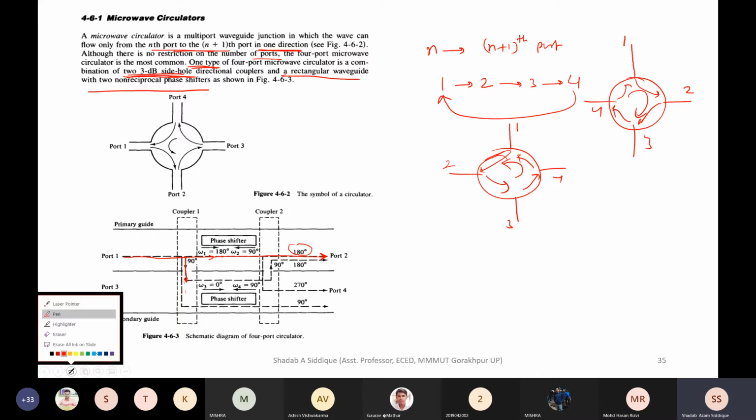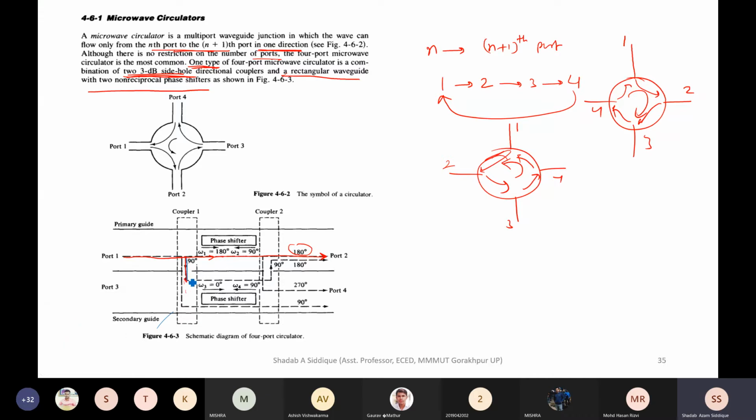I'll take another pen. So we are having another line which is going from port 1 and it is having 90-degree phase shift. It is coming here and it is going in the forward direction from this side. So you can see here omega 3 which is equal to 90 degree. It is coming in this way. Okay, one minute. Some mistake. That was not the correct line which we were showing.